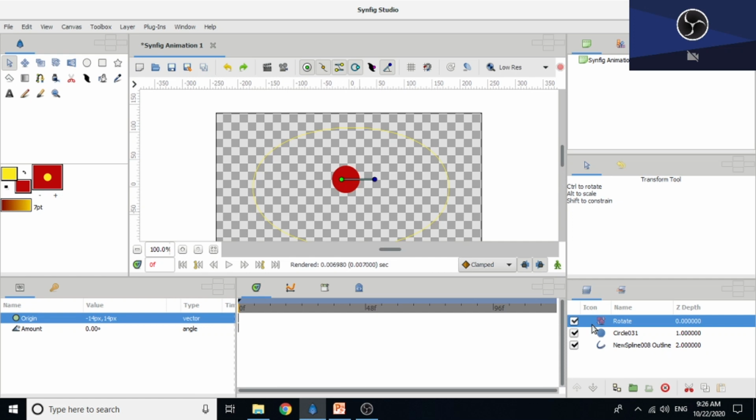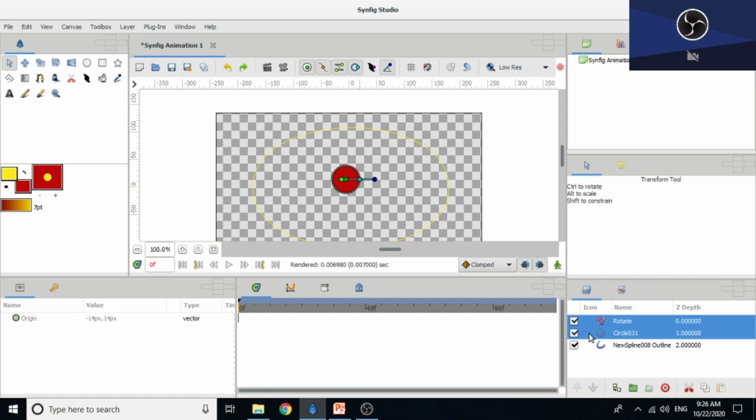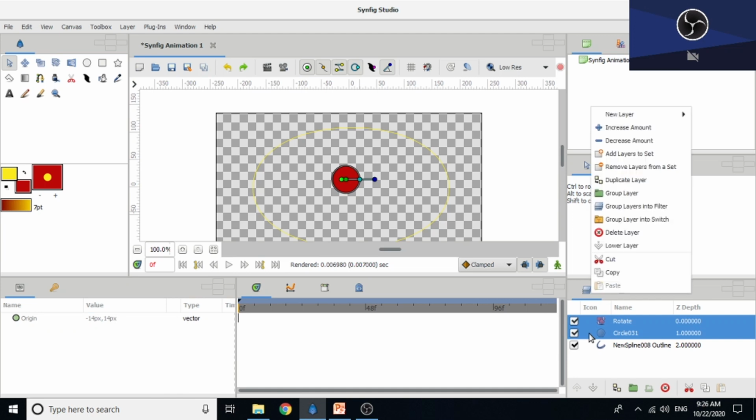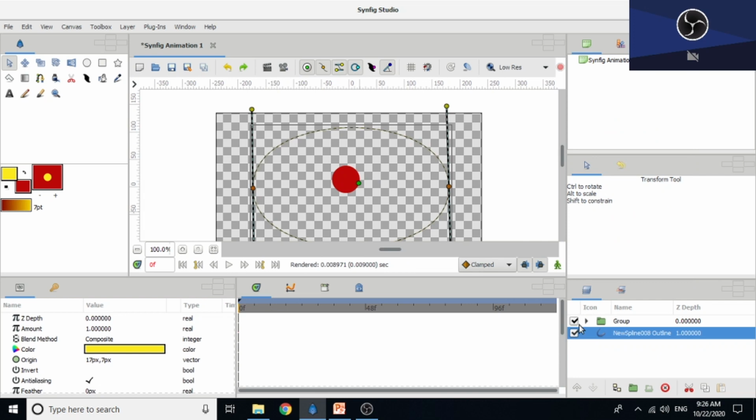So click on the rotate layer, then press the Ctrl or Shift key, then select the circle layer, right click over there and select the Group Layer option. In the newer version it is called Group Layer, but remember in the older version of Synfig it is named Encapsulate. So select the Group Layer option here. So both the layers are grouped here.